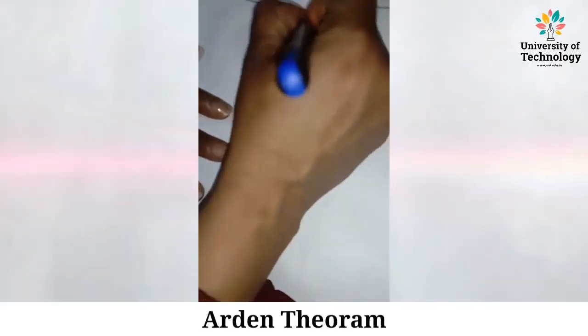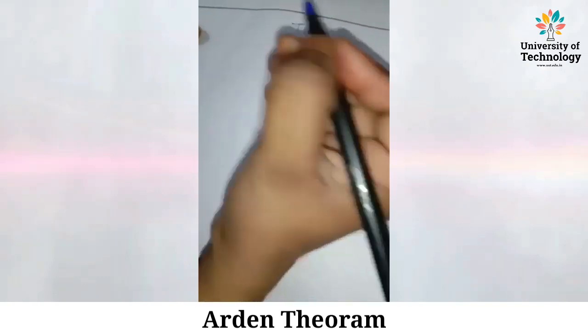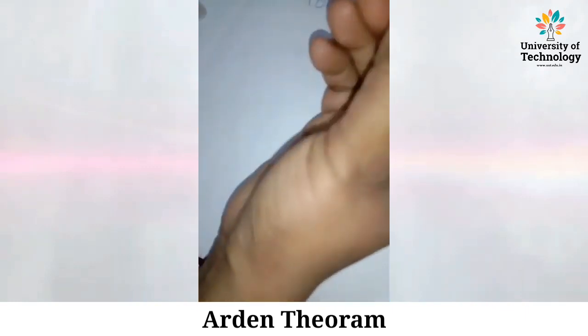Good morning, students. In today's lecture of TOC, we are going to understand what is Arden's theorem, its proof, and its numericals, so that the concepts are clear to you. Mostly the questions come out like this: some finite automaton is given to you, and you have to find out the regular expression of it using Arden's theorem. So this is what we are going to understand. So let's start.